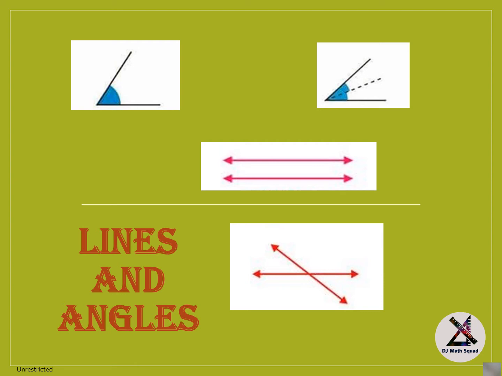Hello everyone, I am back with the new topic Lines and Angles, Grade 9, Chapter 6. This is the first topic for proper geometry in grade 9 and we will be discussing this chapter in two parts. This is the first part. I am still working on the second part and I will be uploading it soon.